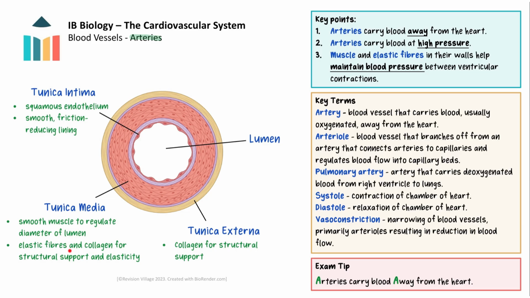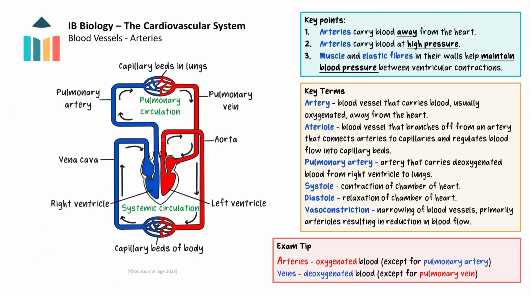Elastic fibres and collagen are also present to provide structural support and elasticity. The inner layer, the tunica intima, is made up of squamous endothelium that forms a smooth, friction-reducing lining for blood flow. Arteries carry blood away from the heart under high pressure. Most arteries carry oxygenated blood, except for the pulmonary artery, which carries blood from the right ventricle to the lungs